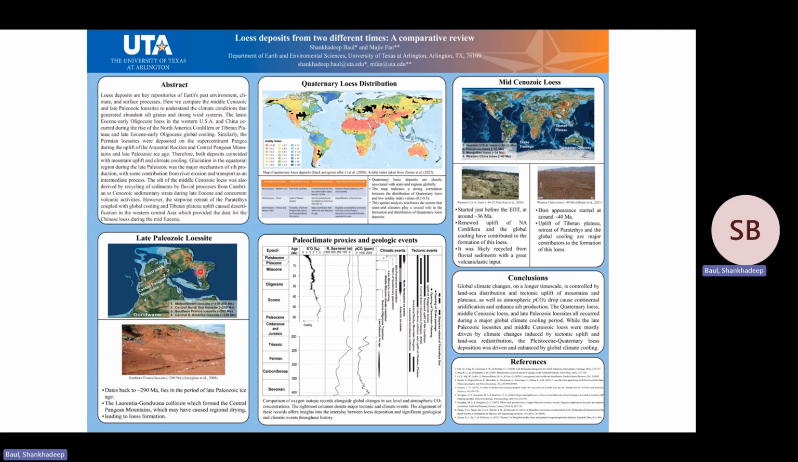So continental aridification has long been correlated to loess deposition in the geologic past. In this map, we can see Quaternary loess is predominantly found in semi-arid regions of different continents where the aridity index is relatively low. However, there are multiple major tectonic and climatic events which affected the global climate in the